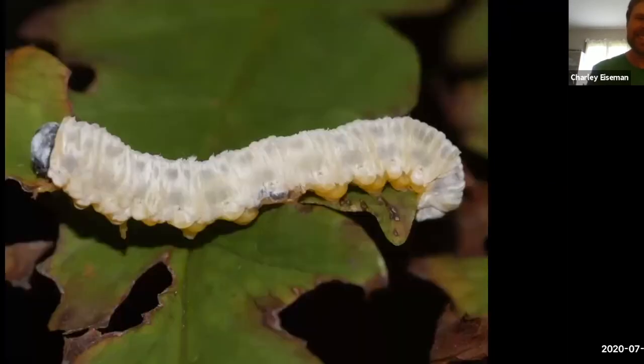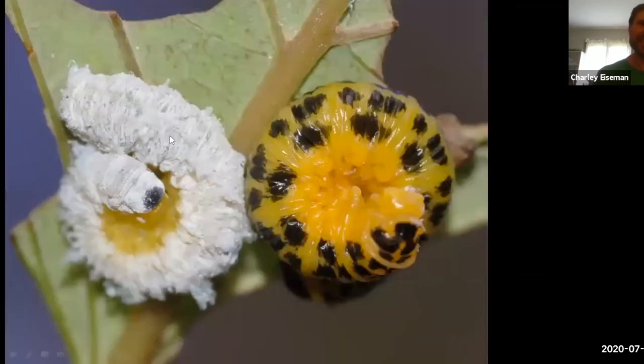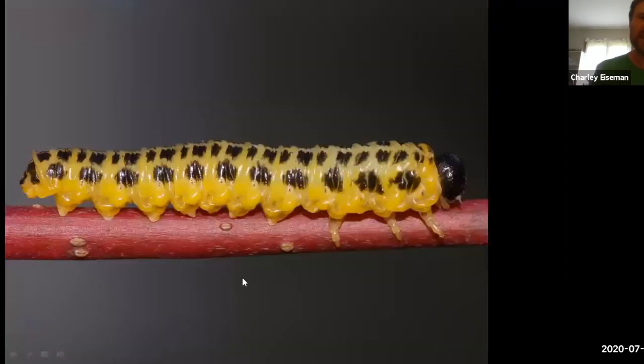Dogwood, another good shrub. I've mentioned sawflies a few times. A lot of people are unfamiliar with sawflies. These are in the order Hymenoptera, so related to bees, ants, and wasps, but they have vegetarian caterpillar-like larvae. And the ones on dogwood are covered with this white waxy stuff. Each time they molt, they have to secrete it again. So this one has a light coating, but they get a really dense covering of wax. And,